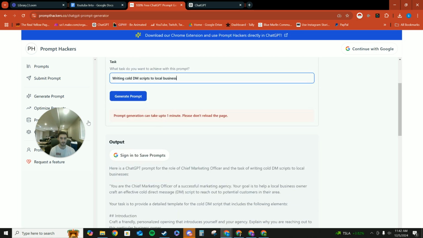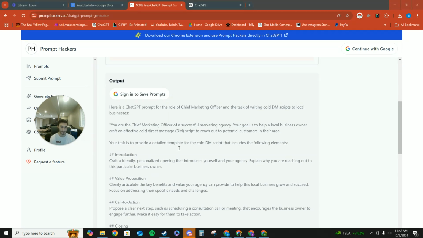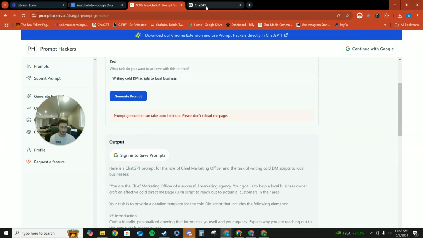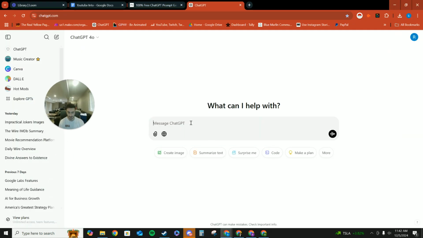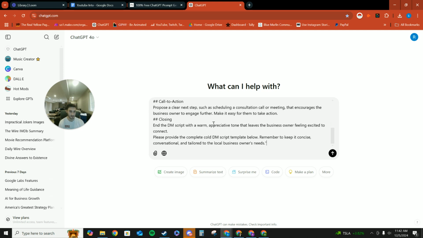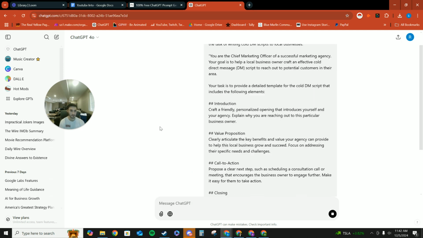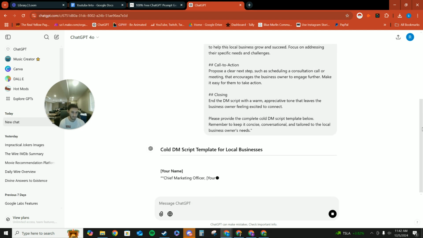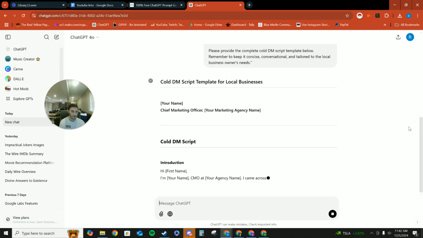But the one thing to remember is when you go to ChatGPT, and actually we're going to just go copy this. When we go over to ChatGPT, we're actually going to literally just paste that in right here, and we're just going to let it go. So